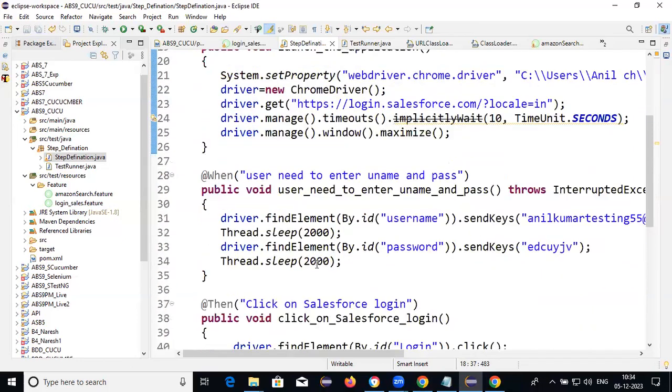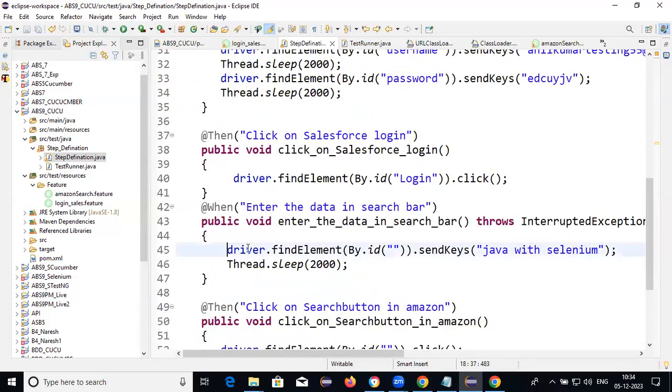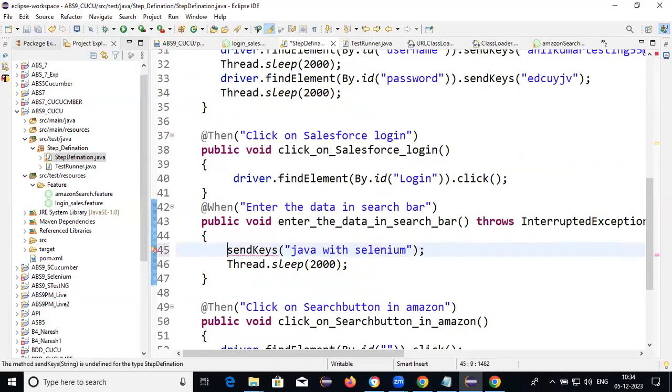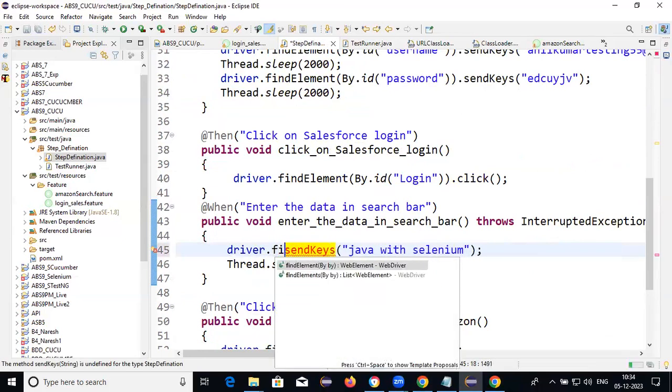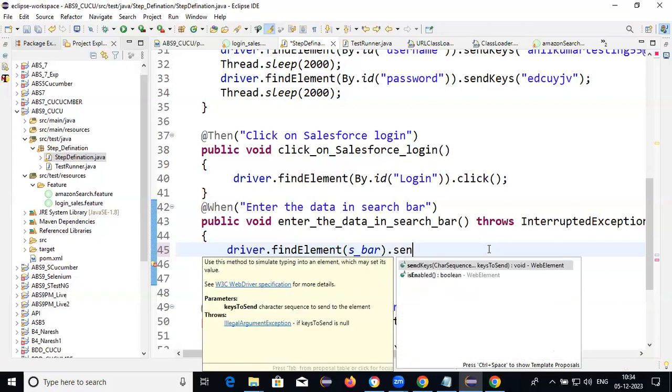Okay. So here we need to provide driver dot find element. Wait, everything I need to remove. Driver dot find element. So what is that one? S bar dot send keys,